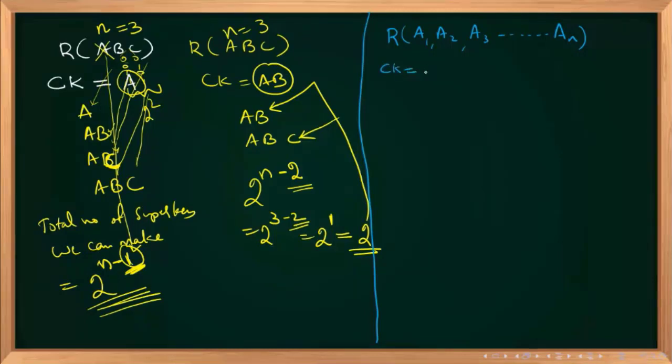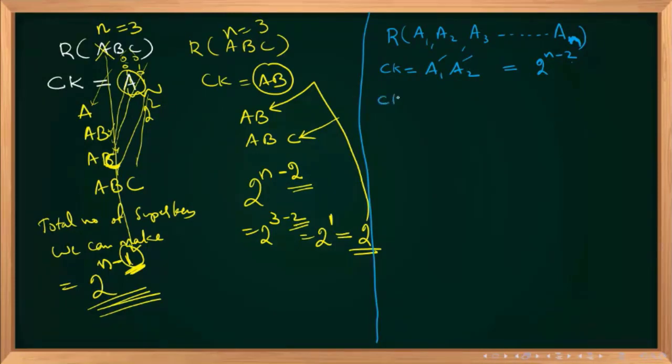Candidate key is equal to A1, A2. How many super keys are there? Tell quickly. 2 power... remaining you can type. Type 2 power what? Very good. N minus 2. 2 power n minus 2. Why n minus 2? N is the total number of attributes. This is n, total number of attributes. And where did this 2 come from? This candidate key has 2 attributes. 2 power n minus 2.